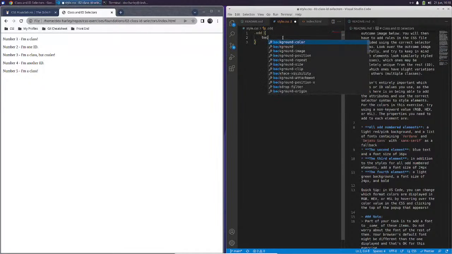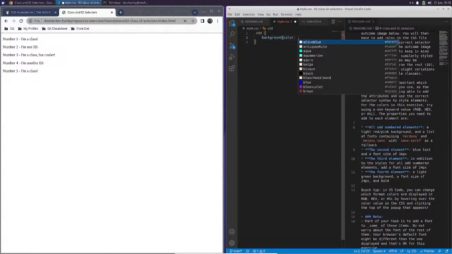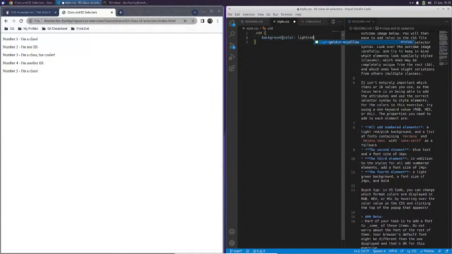So background color is going to be light red, green, or sorry, light